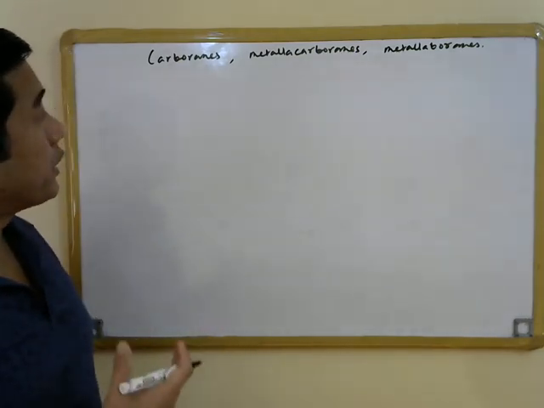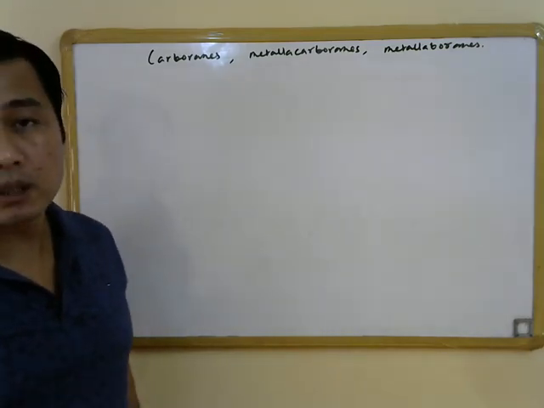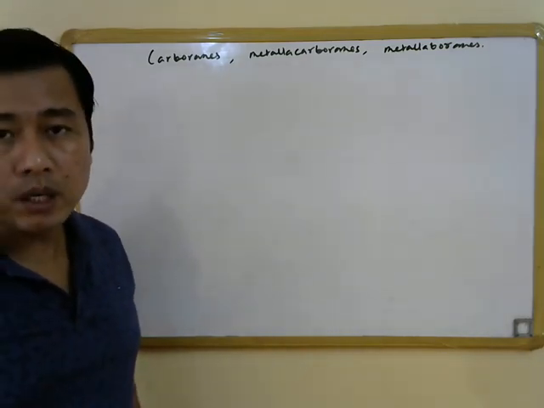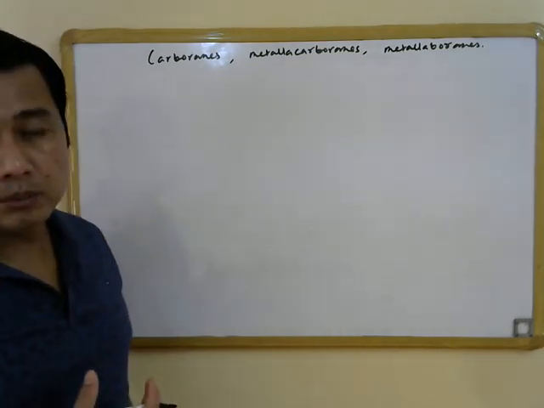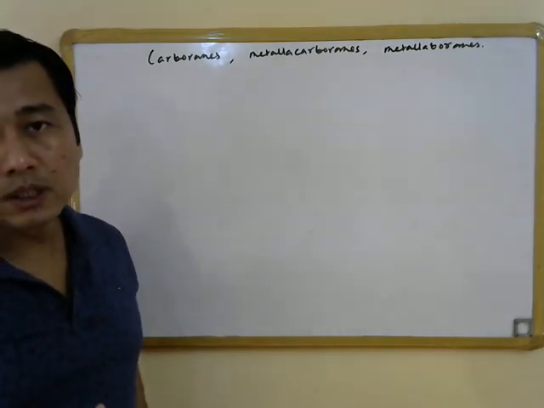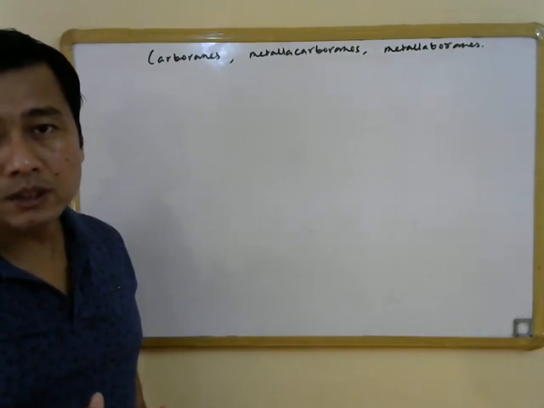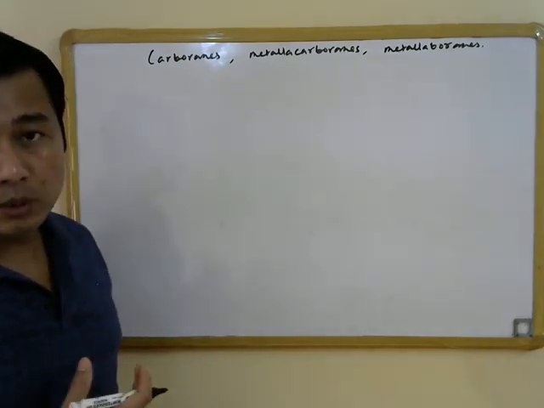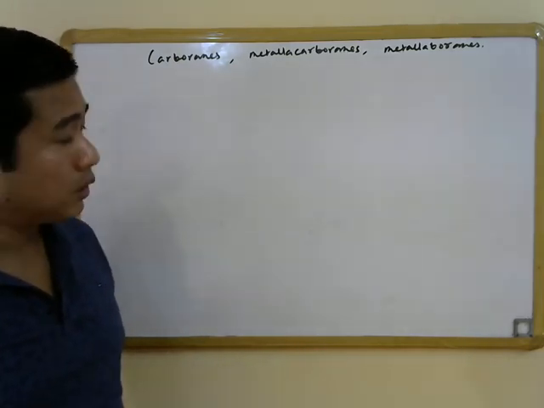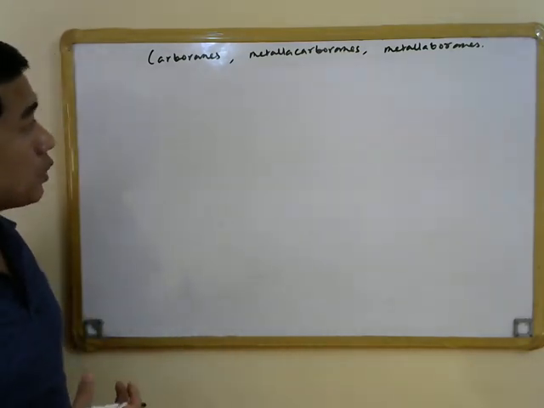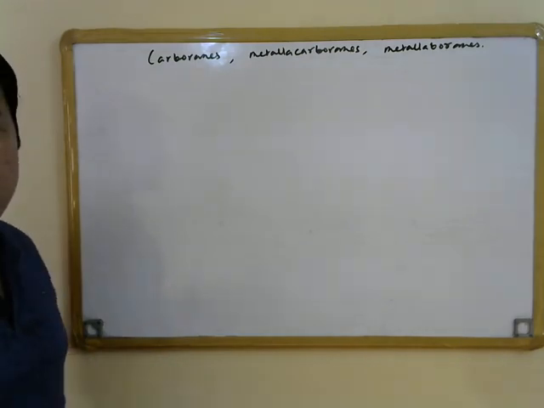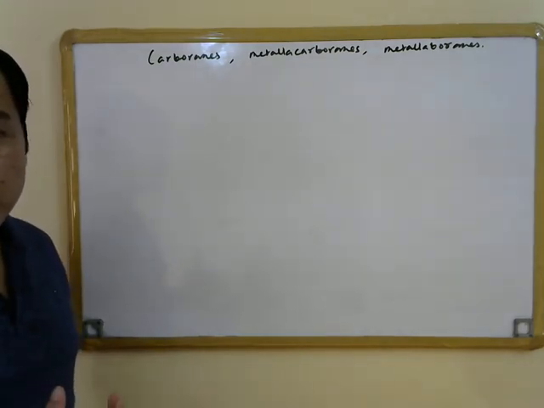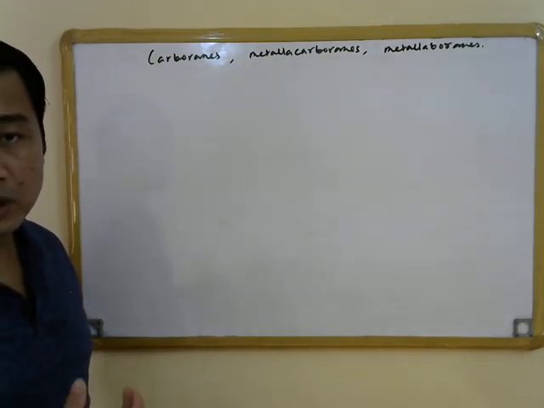So carboranes, metallacarboranes, and metallaboranes, and we will primarily focus on deducing the structure of these molecules by using the electron counting method formulated by Wade, known as Wade's rule. So let us begin with how one can prepare these carborane molecules, and we will see one example of preparation